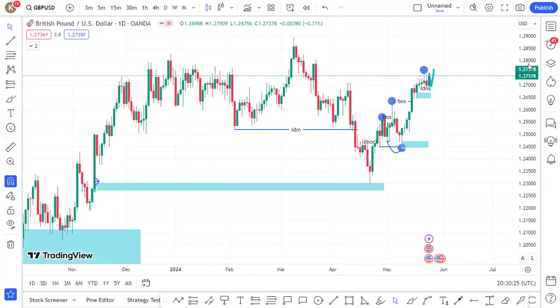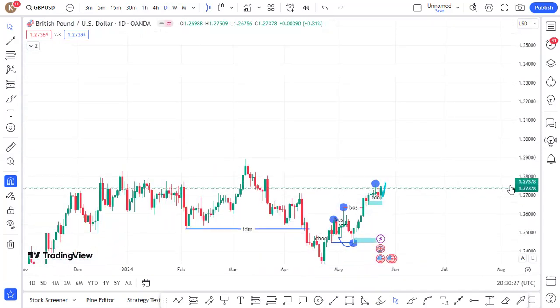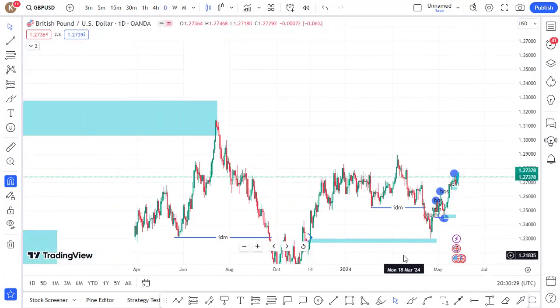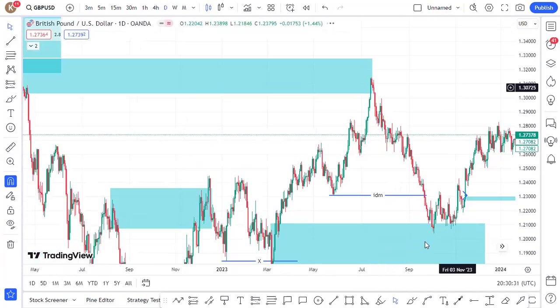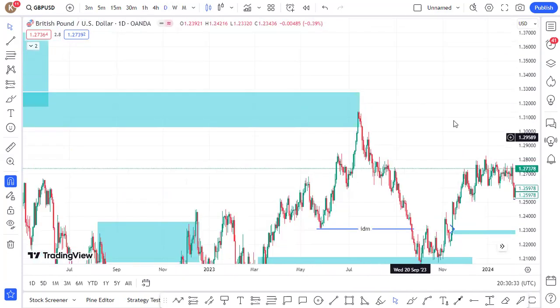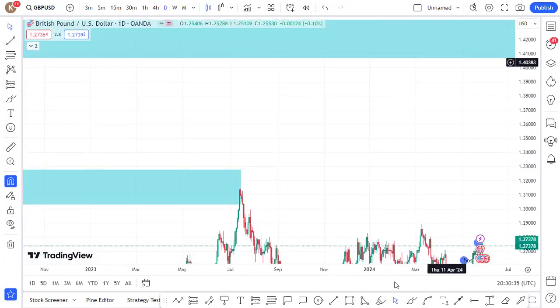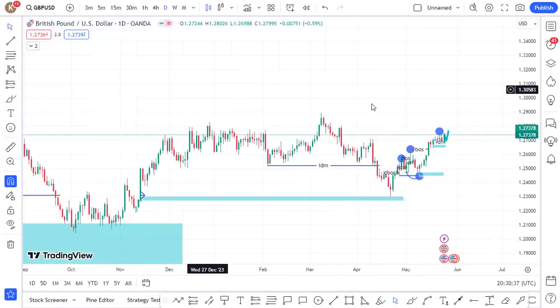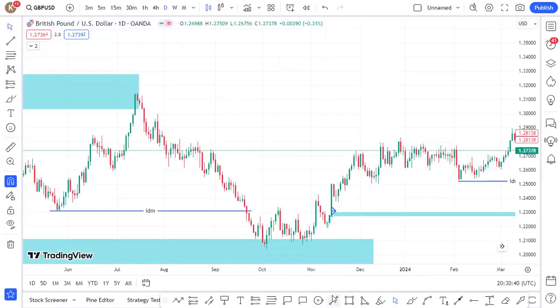The price is going to push to the upside so much, and you have seen a level, a zone up here, which is not mitigated. Look at this up here. We can see we have this zone here. It's a very good zone up there, but as for now, when you're targeting that high, this can be your target,